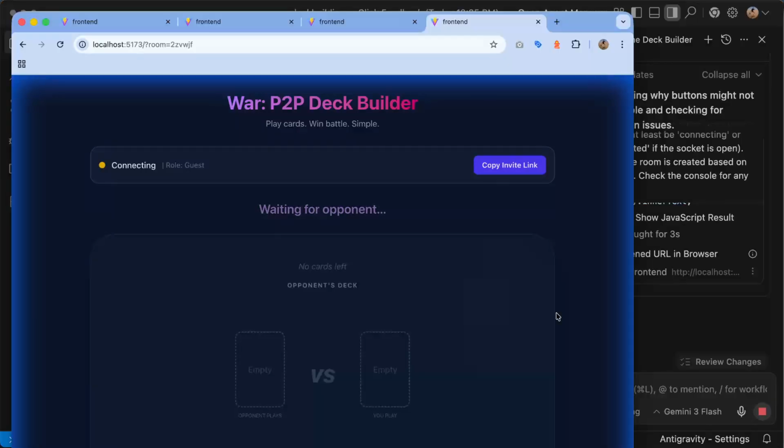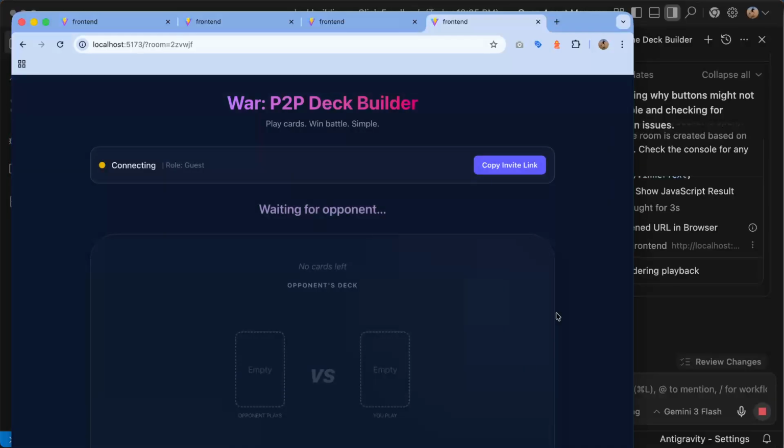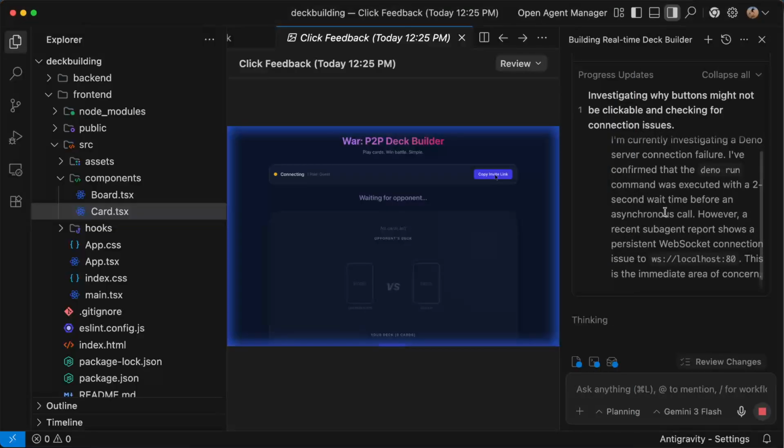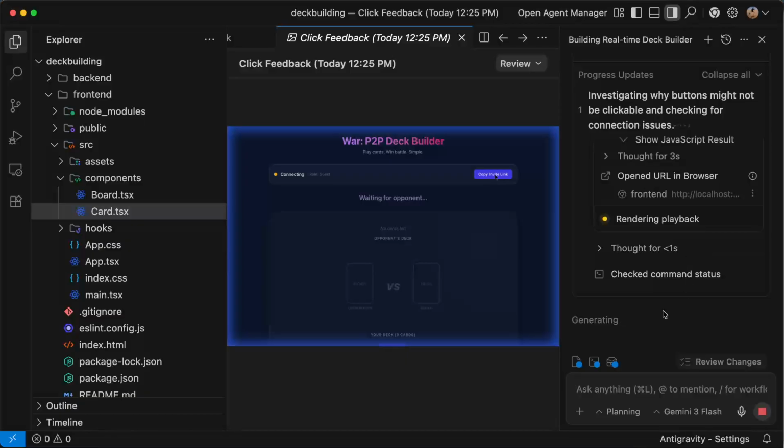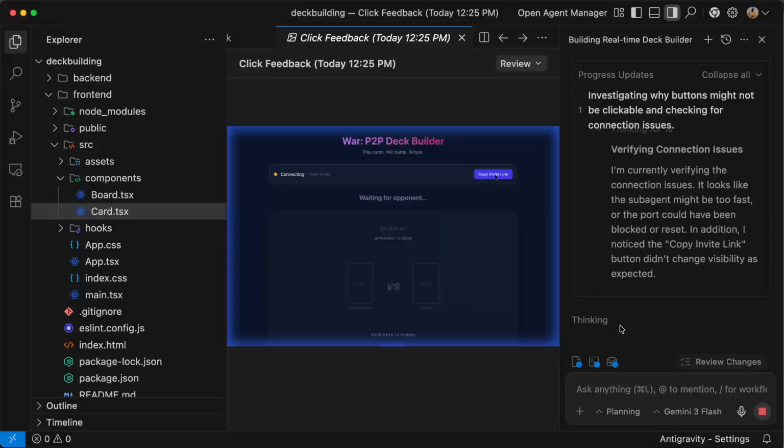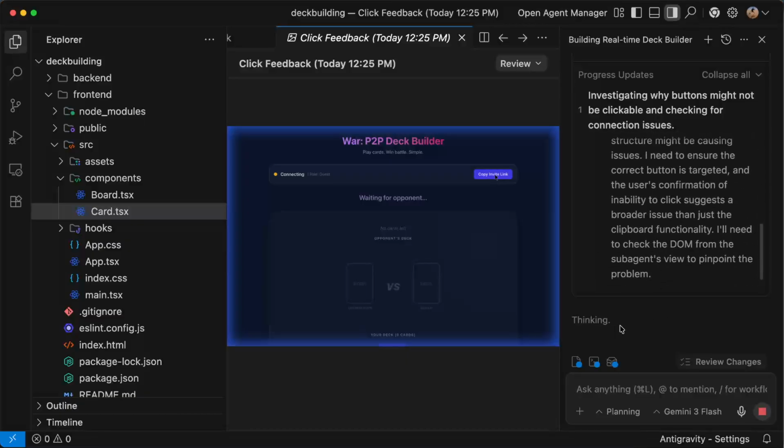You see, he copied the invite link. How cool is this? Really, it's just crazy how you can just say and create things within the browser without a human doing this. It's really, really, really insane, right? I'm really blown away by this experience.